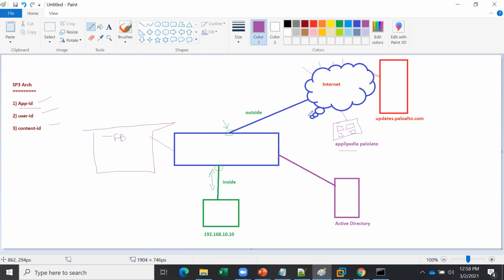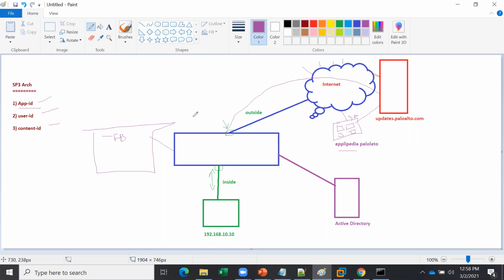When this Palo Alto firewall takes the dynamic updates, whatever app IDs they have identified so far, around 3000 plus applications that Palo Alto knows, all these app IDs come to your database. If you go to the Objects tab, there is something called Applications.